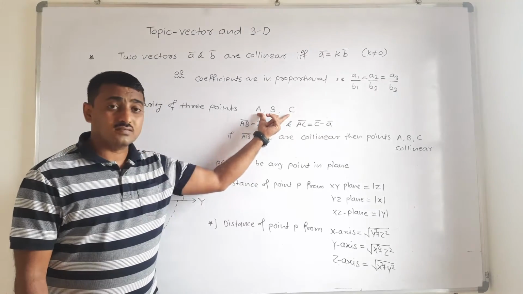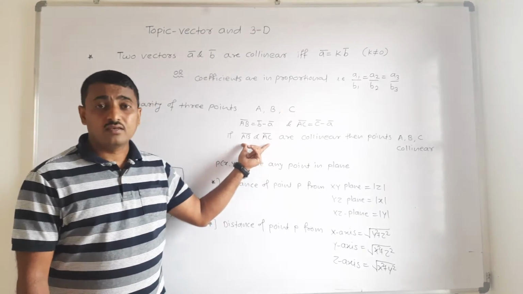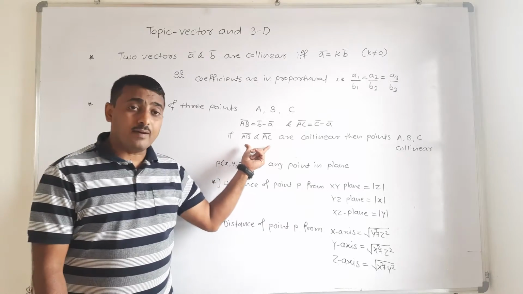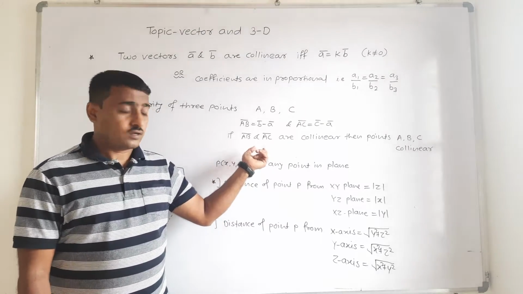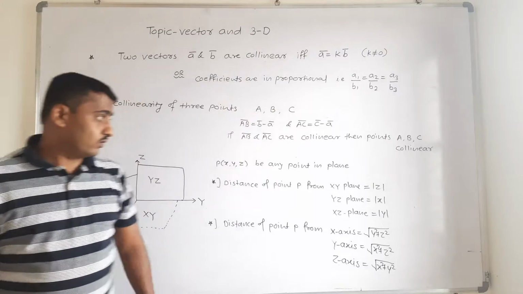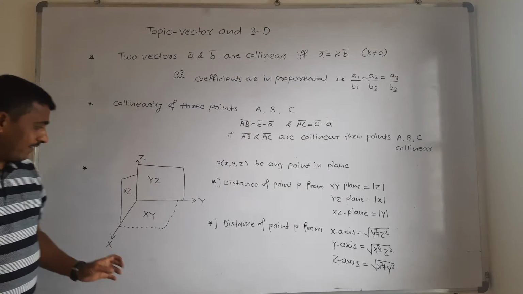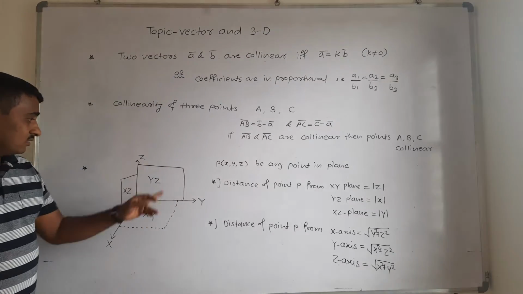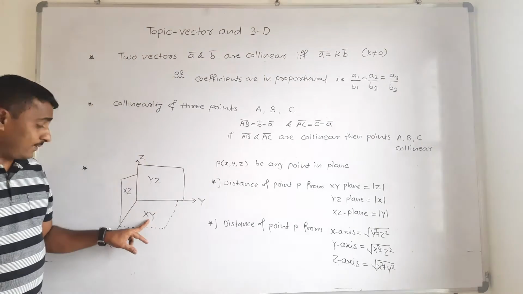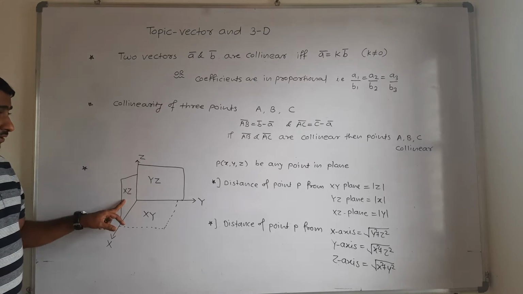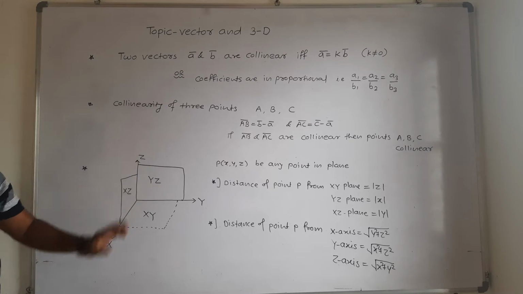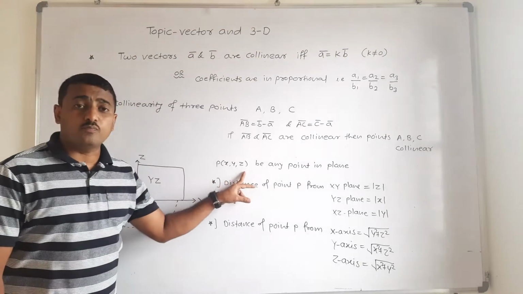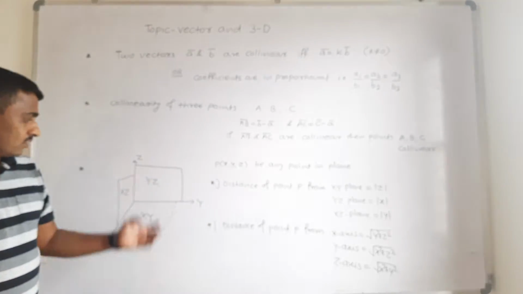These are the points and AB bar and AC bar are the vectors. If AB bar AC bar are collinear, then points are collinear. We already know this three-dimensional x-axis, y-axis and z-axis. This is yz plane, xy plane, and this is xz plane. Now we take any point in this space, P(x, y, z) be any point in the space,